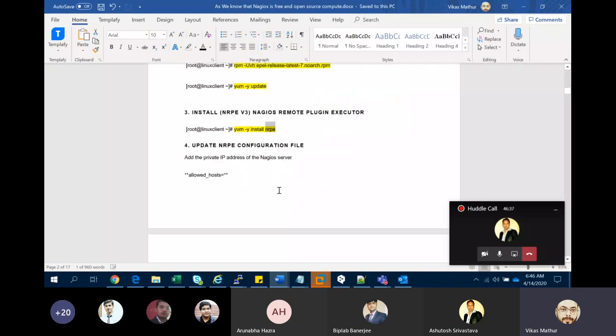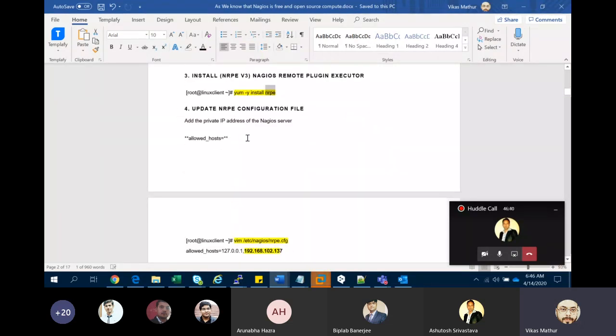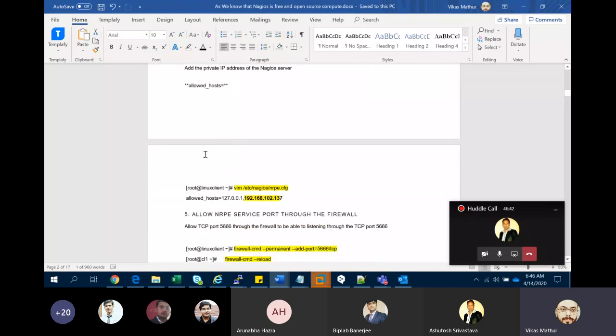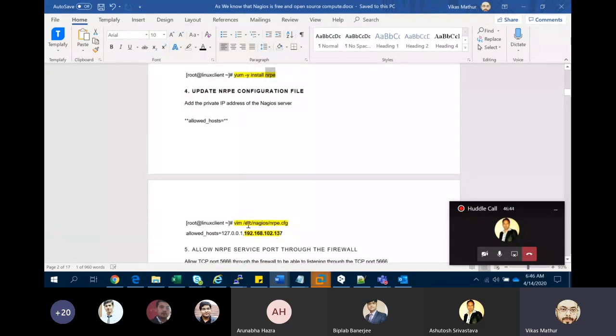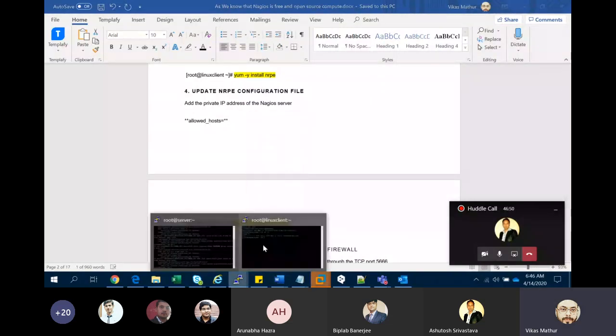After executing this command, I need to go into the configuration file. I will show you here.